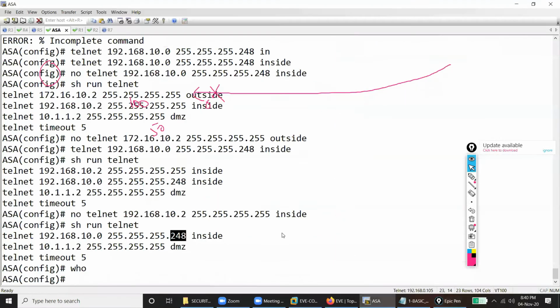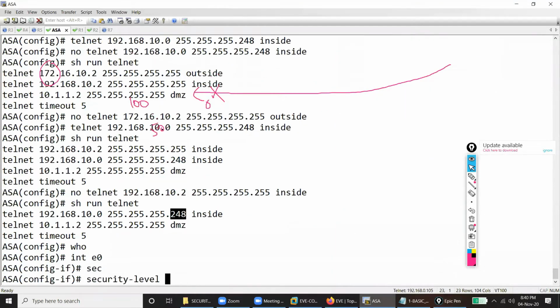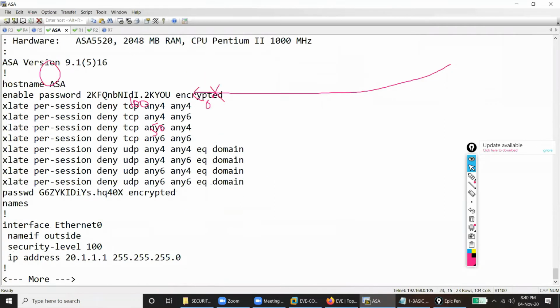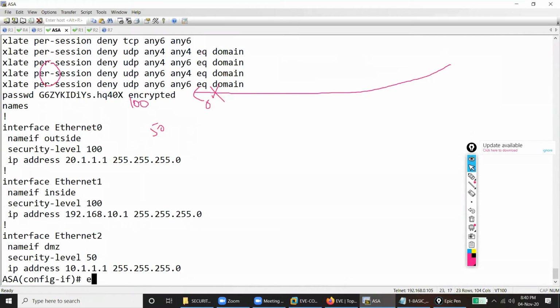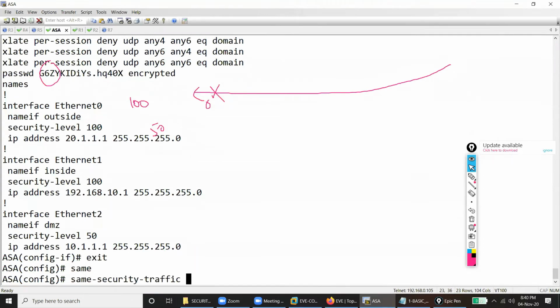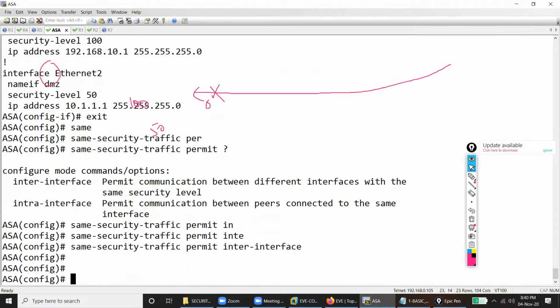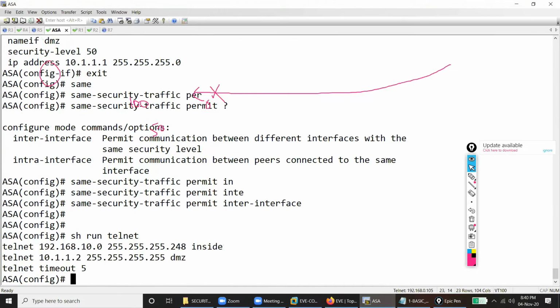So if I go and make it security level 100, show run. I need to do one more thing. If I am doing the same security level on both the interfaces, I need to say same-security-traffic permit inter-interface, to permit communication between different interfaces with the same security level. Okay. Now I'll do telnet from R7. Let me see if telnet is there. Not there. I'm allowing from